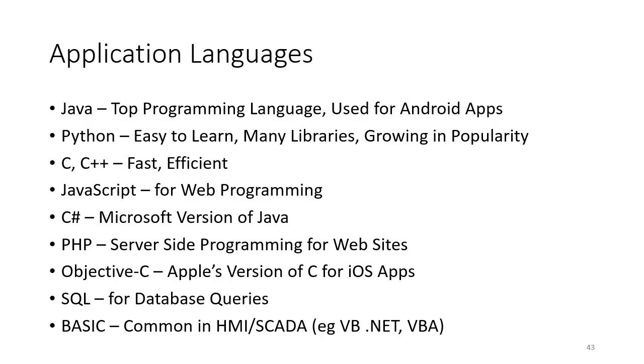Now, you may be using your industrial PC with a predefined application, such as a control programming application development environment or HMI SCADA environment, but you may also be developing an application yourself using a common programming language. These are the top application languages which people use to develop applications. Java is number one. It's used for Android applications, and also a derivative of Java is JavaScript, which is used